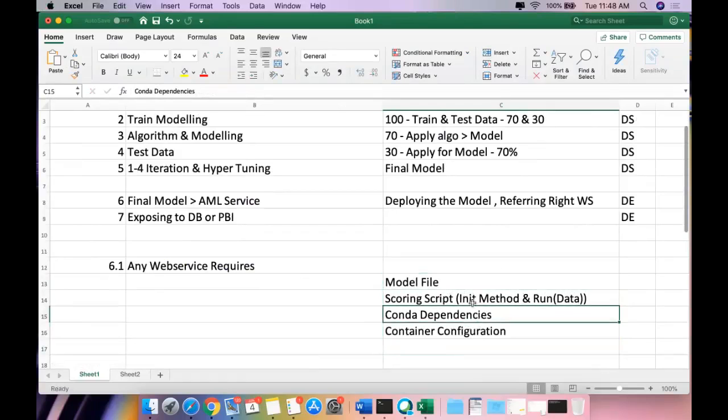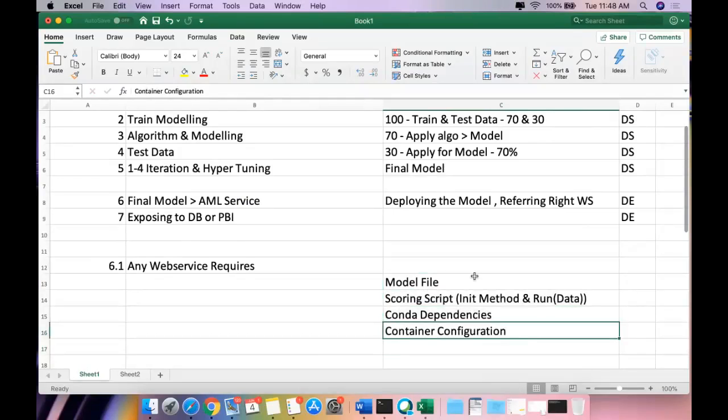But to execute all these things, we need to have an environment. We need some VM or something. So that's nothing but this one. We create an environment where we can execute all these things, nothing but Docker containers, kind of container instances. Clear, everyone? These four things have to be created.